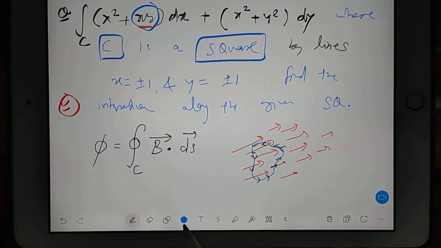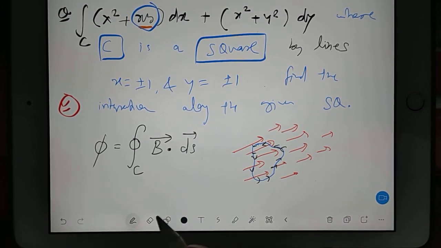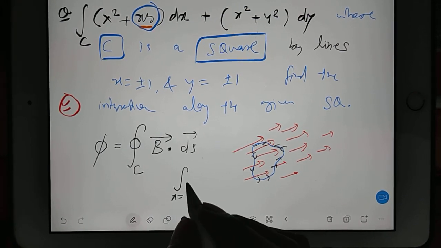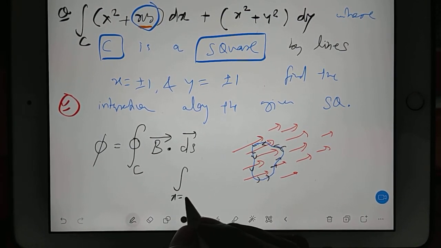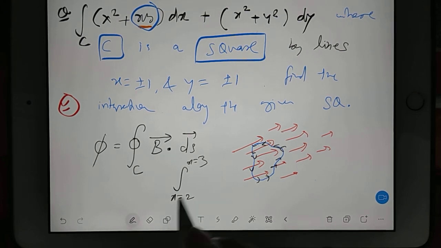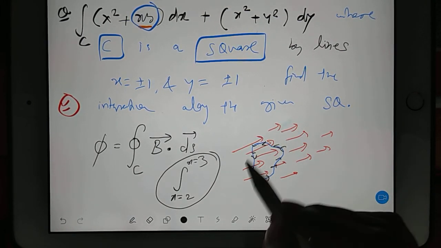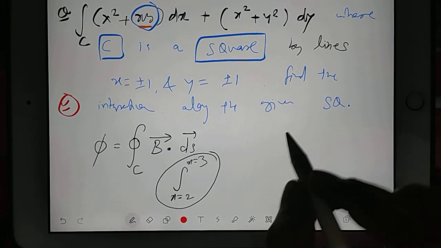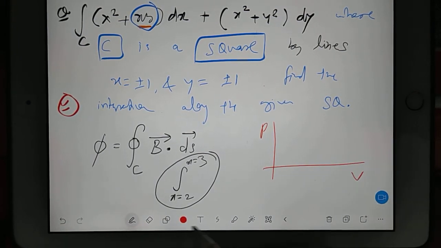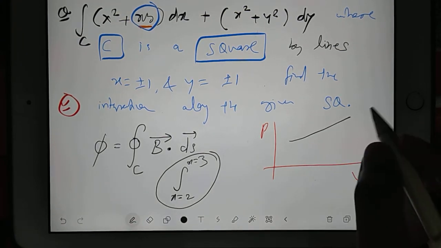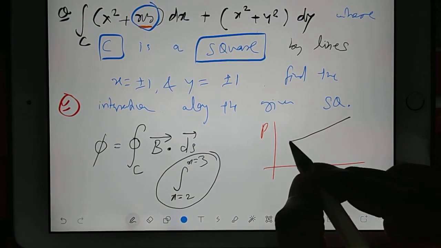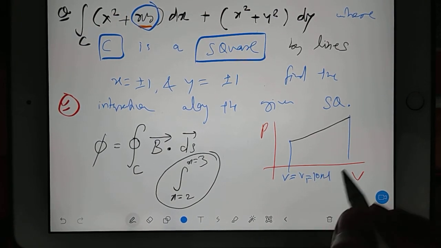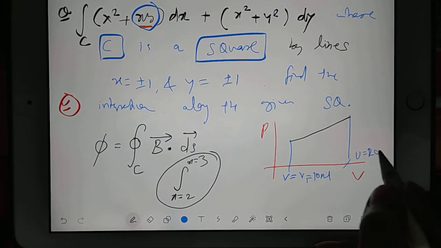But right now, in 11th 12th class we also used to study integration where your limits were given for only one integration, right? Either dx or dy, x is equal to 2 to x is equal to 3. So this type of integration has a physical feel when you are solving. Just as an example, I took thermodynamics, right? In thermodynamics we have the PV diagram, and suppose this is the variation. Suppose here the volume is V1, say 10 ml, and here the volume is V2, say 20 ml.